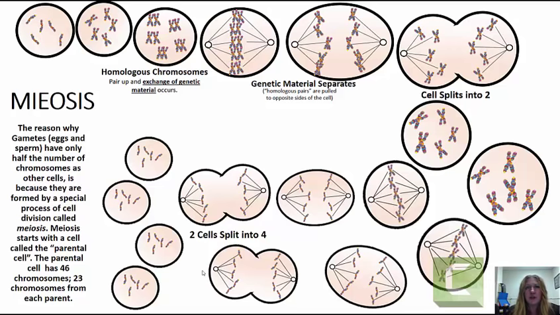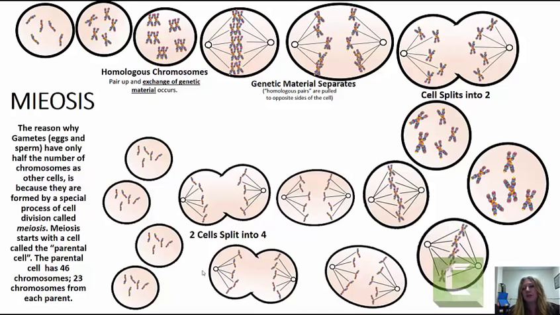So the end result is that you still have two number 1 chromosomes, one that was from mom and one from dad, but now you really can't tell which is which because they've all been shuffled together. You end up with a bunch of weird hybrid stuff, which is awesome. Those chromosomal homologs, that's what they call it when it's number 1 from mom and number 1 from dad, they're the same, so we call them homologous chromosomes. Those homologous chromosomes are going to line up down the middle of the cell, as we see in this illustration. Then they will be pulled to opposite sides of the cell, and that cell is going to split into two.